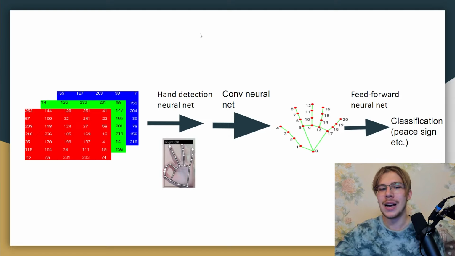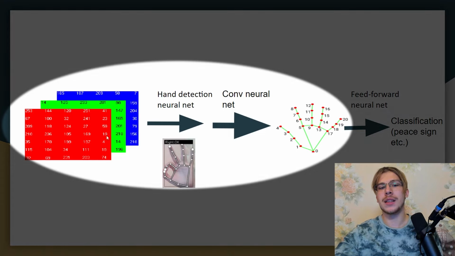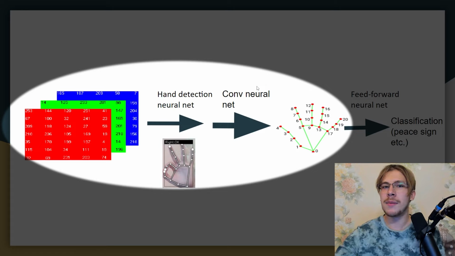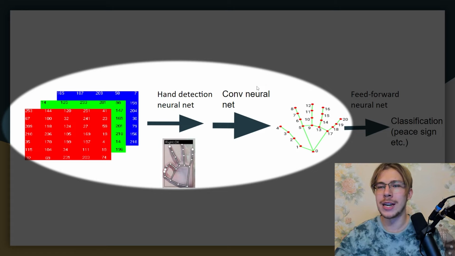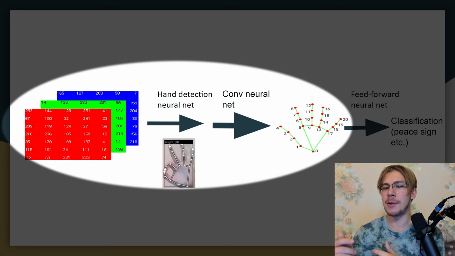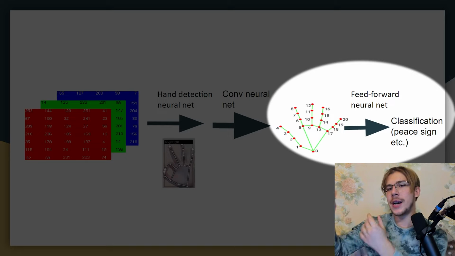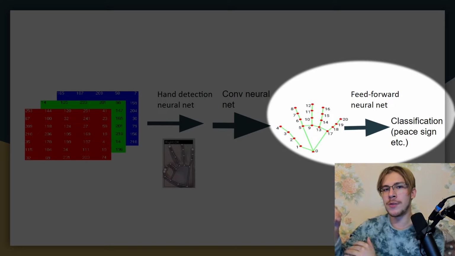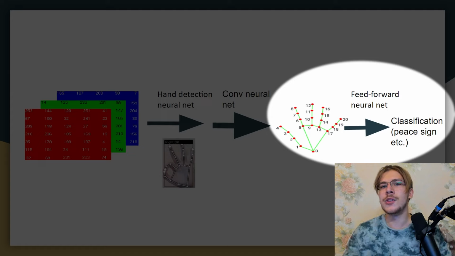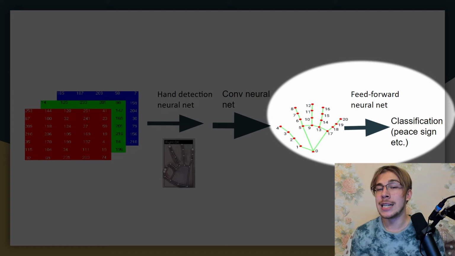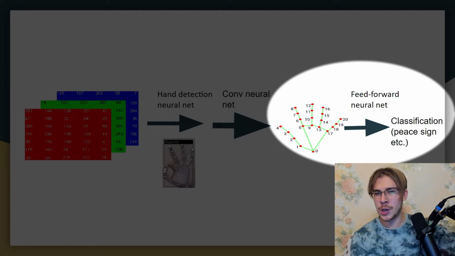So for example, this stage with hand detection and landmark extraction is handled really well by Google's Mediapipe framework. As I'll show you in a couple moments, we pretty much just run some Python code and it's detecting the landmarks. And that second stage, which has to do with the training of a smaller feed-forward neural network and collecting training images and all that stuff, is handled really well by the repo, which I'll also show you